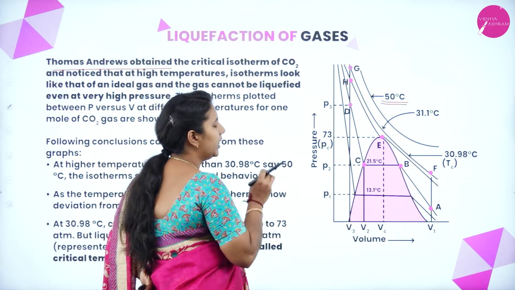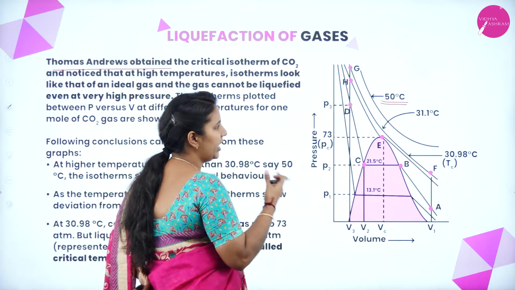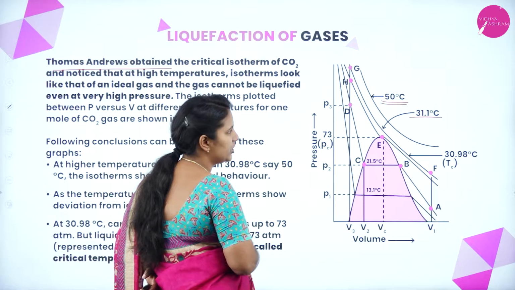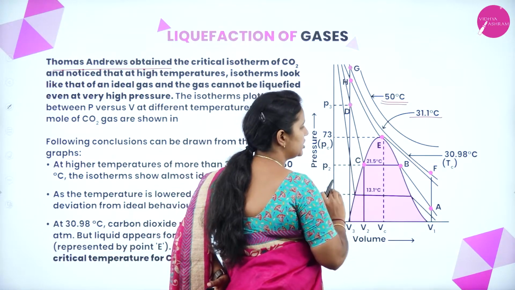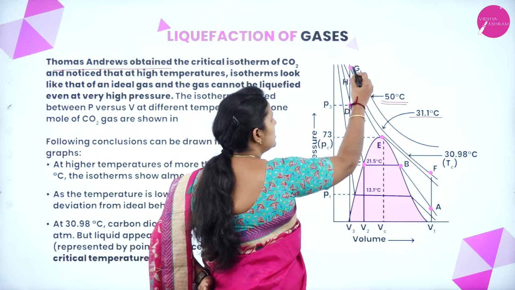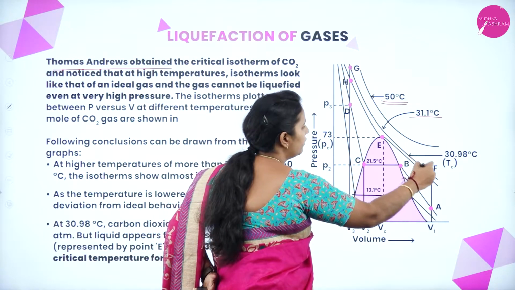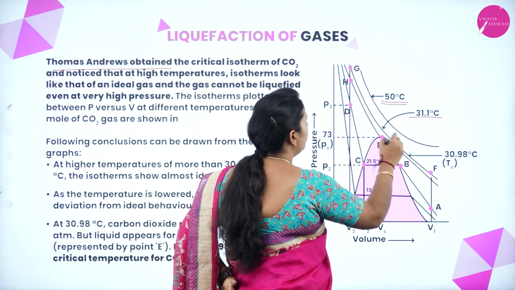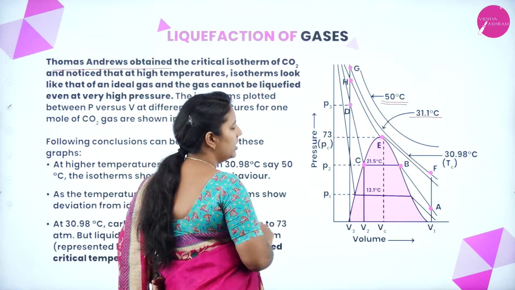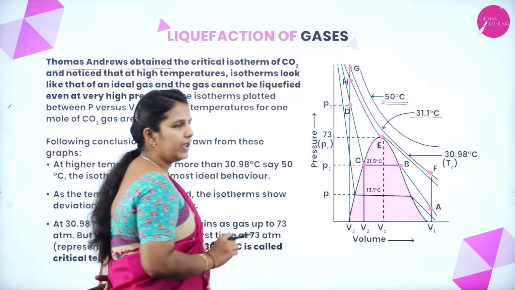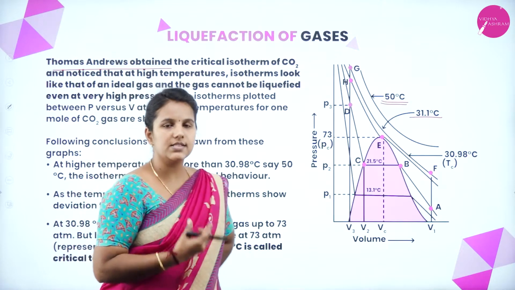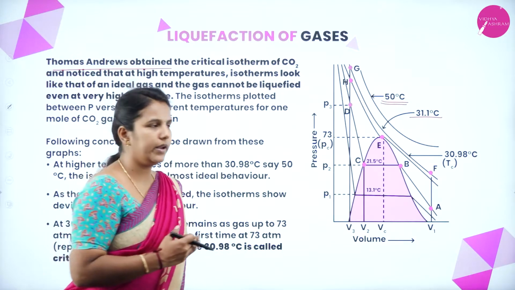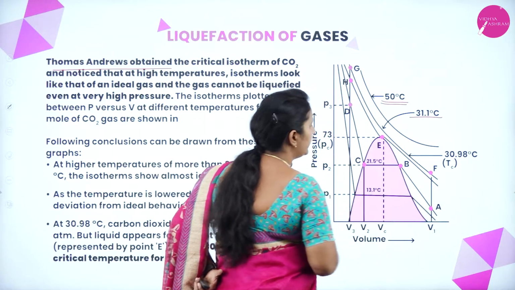The same thing he did with carbon dioxide by changing the temperature to 31.1 degrees Celsius. At 31.1 degrees Celsius, he observed that the pressure increases and decreases, again increases and decreases, as you can see from here to here. Due to these changes in temperature, he observed that carbon dioxide behaves ideally. Again, he changed the temperature from 31.1 degrees Celsius to